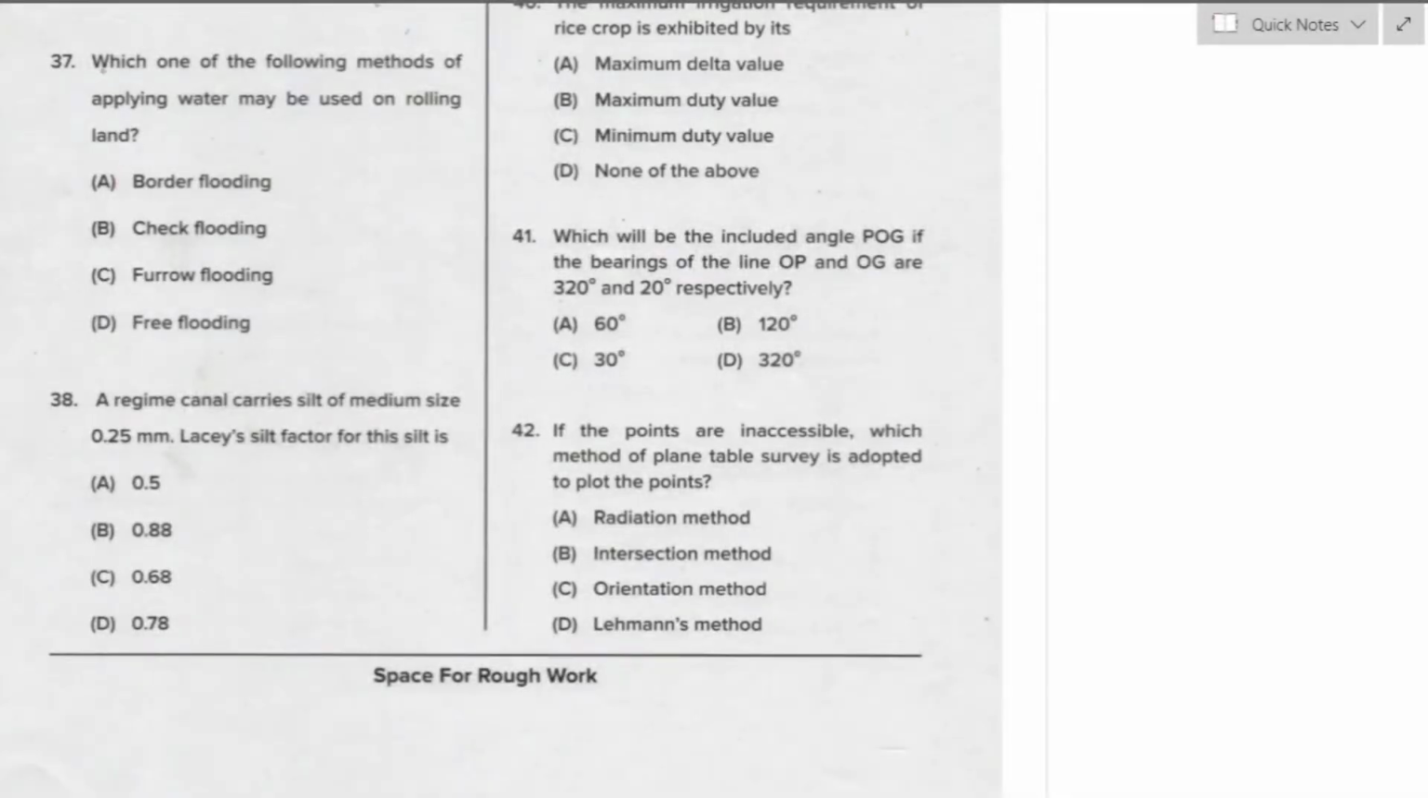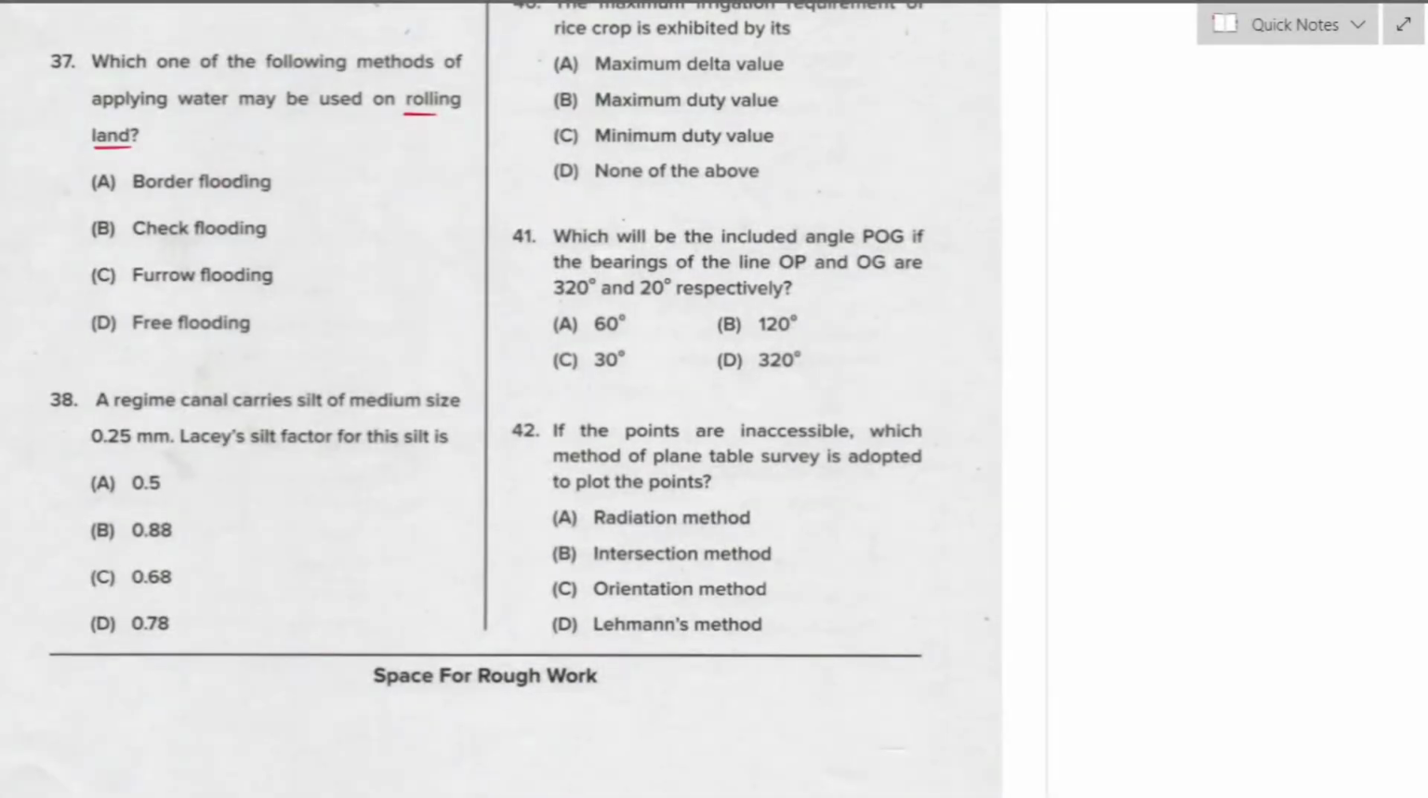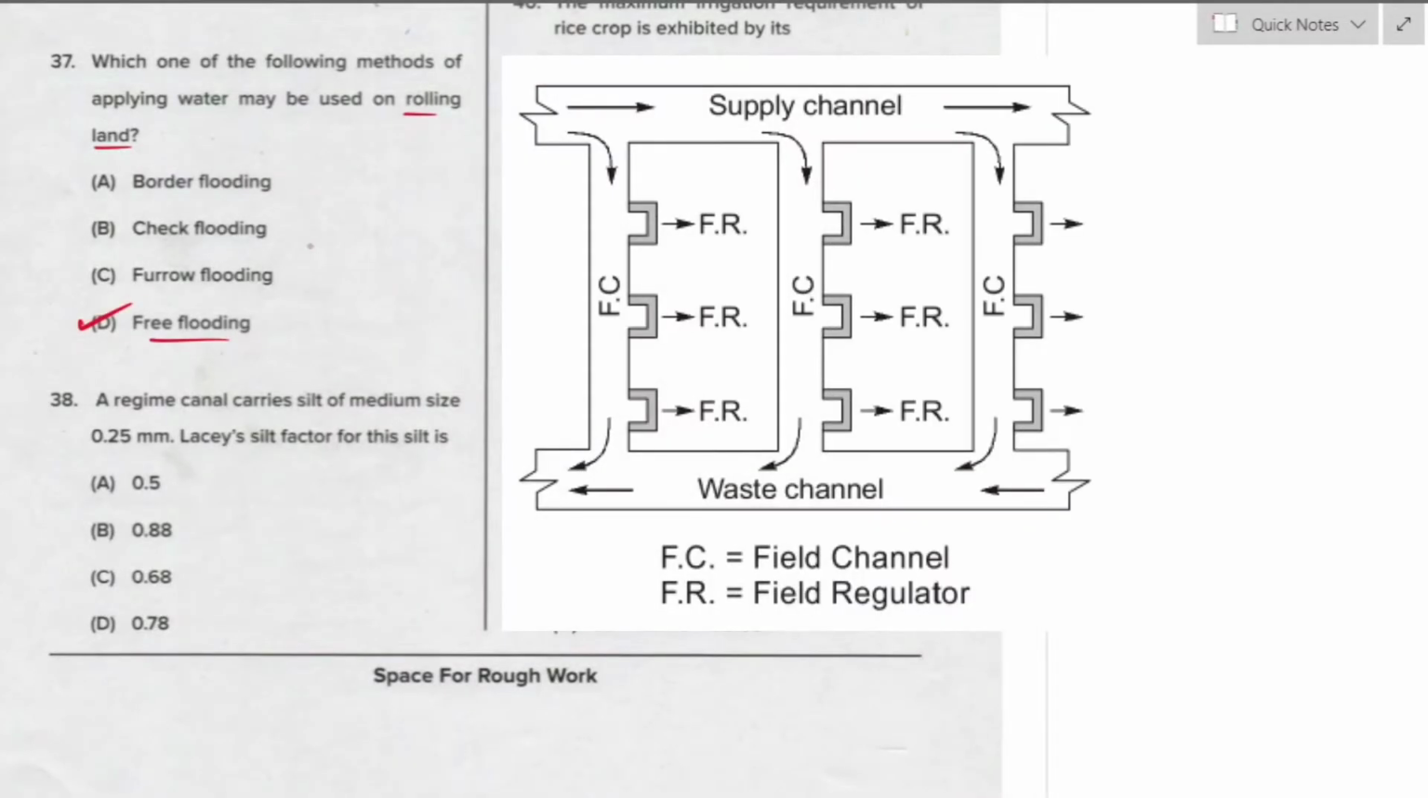Question number 37. Which one of the following methods of applying water may be used for rolling lands? So for the rolling lands, the best method of applying water is free flooding. Option D is the right answer. In the following figure, you can observe the method of applying water for rolling lands,